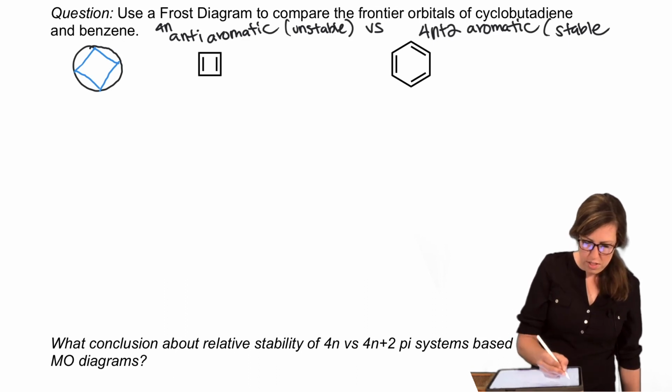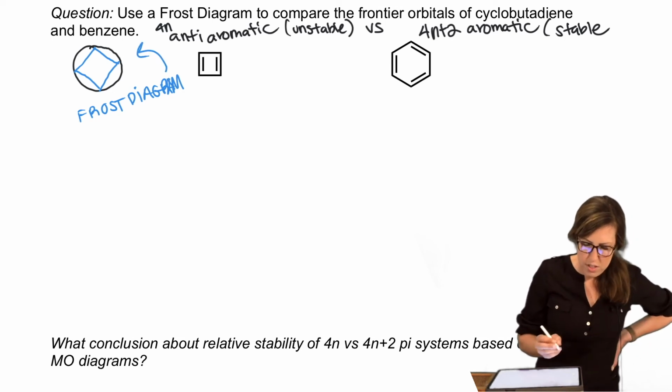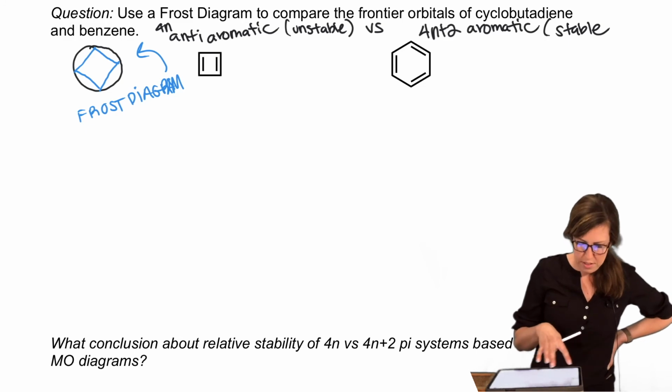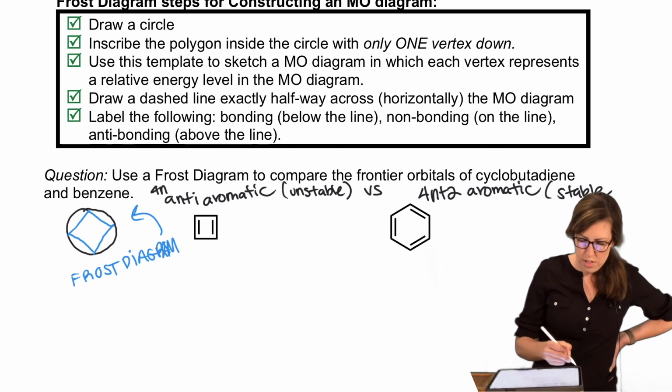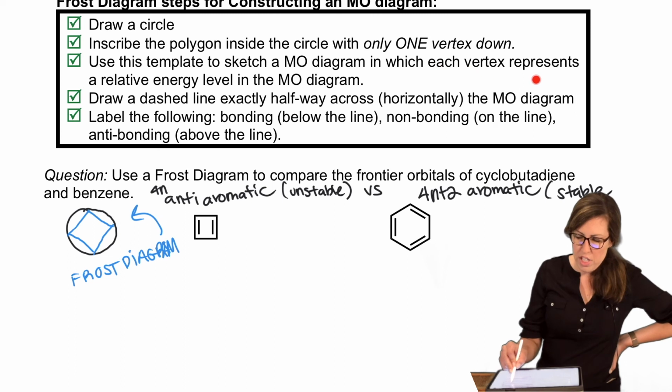So here's my Frost diagram. Notice I have one vertex down. So I'm following this list: draw a circle, inscribe with only one vertex down. Done, done. Now we're going to use that to help us sketch an MO diagram in which each vertex represents